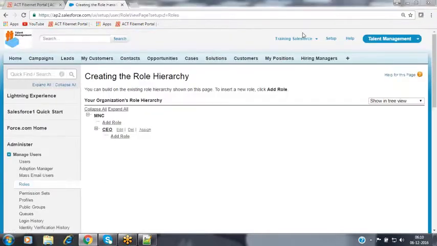By default, Salesforce is providing some set of roles to you. Now this MNC is nothing but the organization name in which you are going to be configuring the role hierarchy.